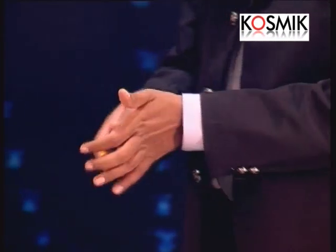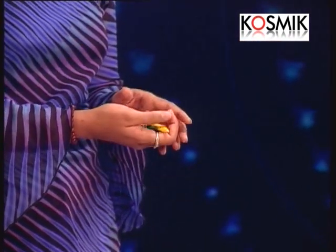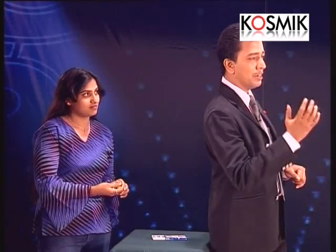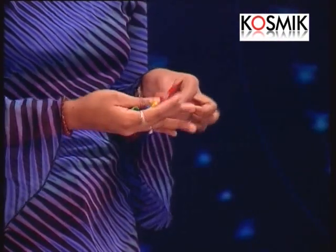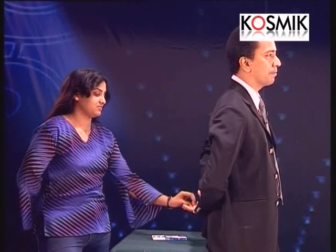Now I give in this situation Sangeeta all the 5 crayons and I ask her to select any crayon that she wants. So she picks up a crayon and I ask her to hide the other 4 crayons while I turn my back. So she takes a crayon of her choice. Please do that, Sangeeta. And she hides the other crayons and gives 1 crayon to me. When she does that, I turn